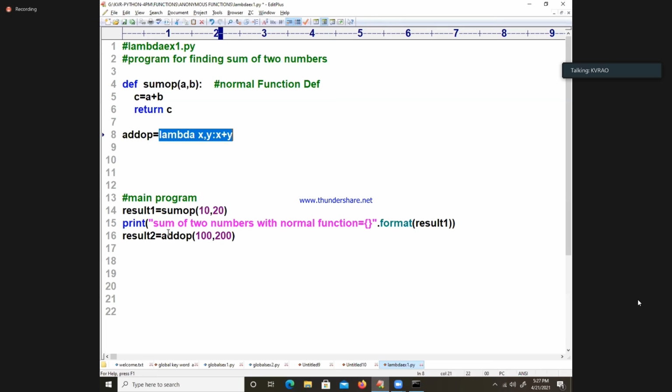You are asking, take this add OP of 100 and 200. It will take the values here and keep the values in this x and y. What is the value of x and y? Tell me now. Actually, we are not calling any lambda, nothing. No function name explicitly, but we are using it indirectly. This variable itself is treated as what? Function name. add OP of 100, 200 will carry these two values to this place, sending them to the lambda arguments, the formal parameters. What is the value of x and y? 100 comma 200. x plus y, 100 plus 200, automatically returning.